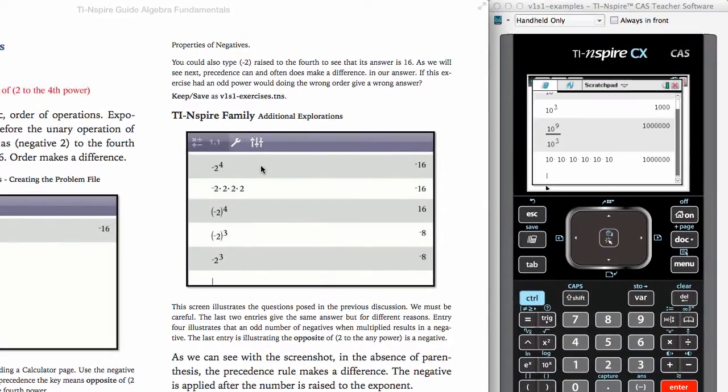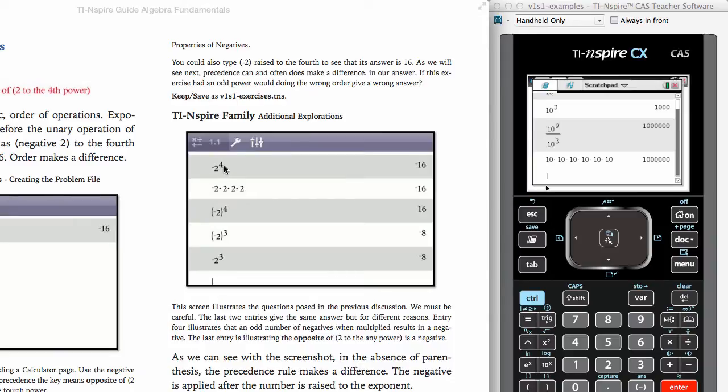And over here on the iPad screen, we also illustrate the precedence order, which we were talking about earlier in our lesson. So when you have a problem like negative 2 to the 4th power, the answer turns out to be 16. Negative 2 to the 3rd power, the answer turns out to be negative 8. Well, what do we do in the situation where we have the opposite of 2 to the 4th? This is not negative 2 to the 4th as this problem. This precedence order says exponents get done first,